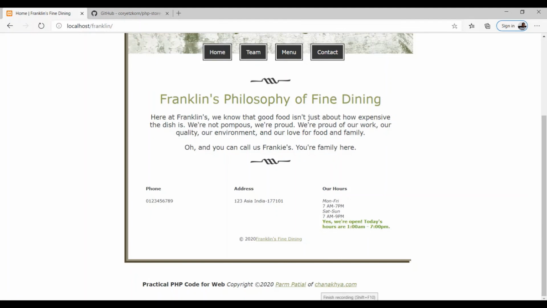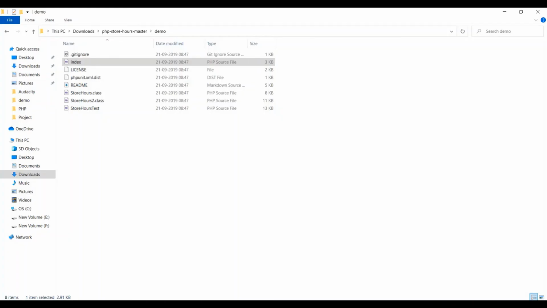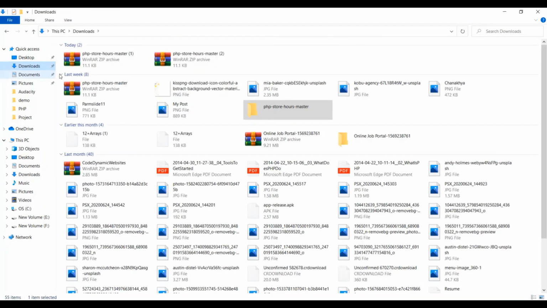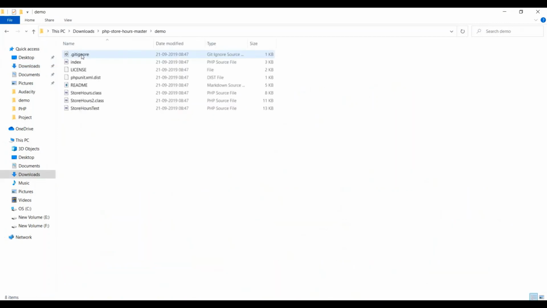So what you need to do in this case, you have to download a plugin from the web or internet, from the website github.com, and there you have to search for PHP store hours. After downloading this file you will get it downloaded in any of your folders, and you will see this file is open here, and here you will find a number of files, but you need only one file over here, that is store_hours.class.php file, and from the index file you have to copy.